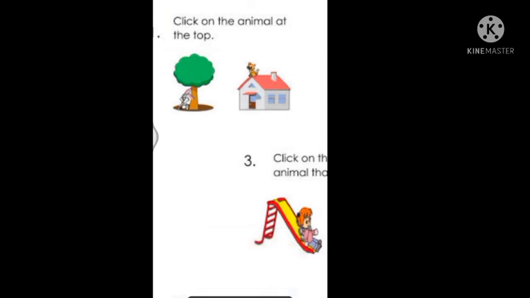Now next question is click, or you can say tick, or you can circle the animal at the top. Here you can see the first one is sitting on the house, and this one is nearest to the tree, the second animal. We have to tick or put a circle on the animal which is at the top. जो top यानी ऊपर है, उस animal को हमें tick करना है या फिर circle करना है. So you can clearly see this one is at the top, है ना, ये ऊपर है. This one is nearest to the floor, so that's why I have put a circle on the cat. Is that clear to everyone? Yes or no? Easily you can see this.